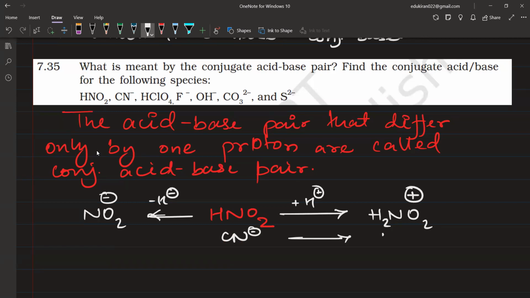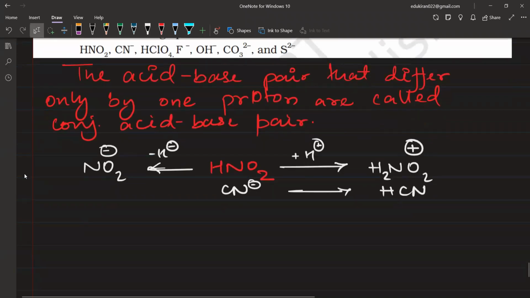CN negative में आप H plus add कीजिएगा, this will become HCN. Remember here CN negative से आपने क्या किया, H plus को डाला, right? You added H plus, you got HCN, ठीक है। But इसका आपके पास CN का ये pair नहीं बनेगा, you cannot remove hydrogen because यहाँ पे है ही नहीं, ठीक है। Similarly even in this case HNO2 में भी आपने यहाँ पे जबरदस्ती add कर दिया, add हो सकता है HNO2 में, there is no doubt in that, you can add H+, आप लोगों ने इसमें देखा होगा। If you remember the nitration of benzene rings, nitration of benzene में HNO2 रहता है, वहां पे H+ add होता है ना।